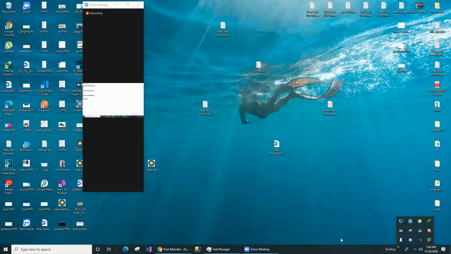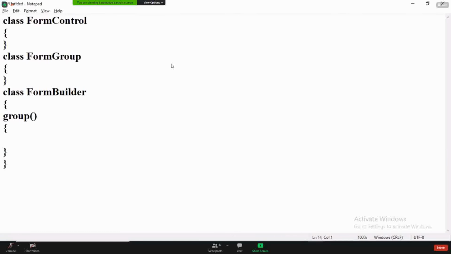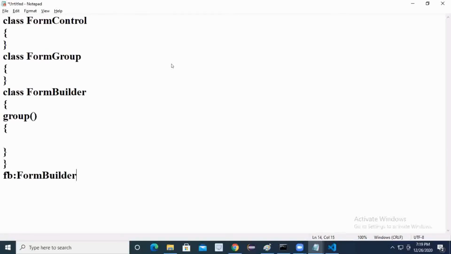Generally, if you want to call a method, how do you call it? By using a reference. First of all, you have to create the object, or not? Yes, sir. Here, fb: FormBuilder = new FormBuilder(), and then you can call the method fb.group. Now what will this method do? This method will return an object. Which object? FormGroup object. This is the internal code that is available.